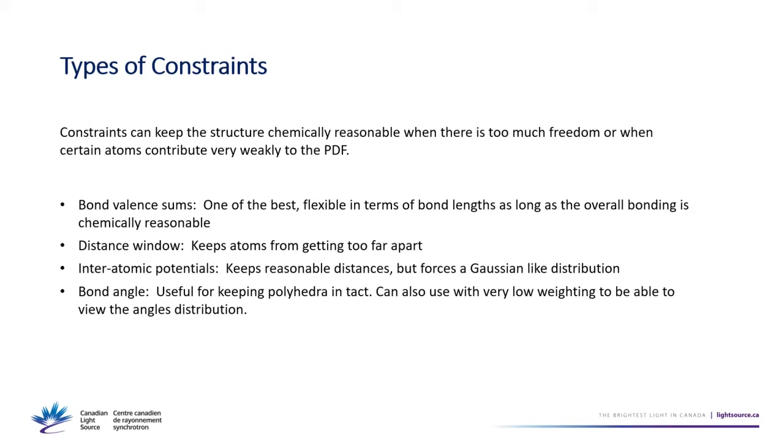One of the best ones is the bond valence sums, and I like this one because it's flexible in terms of the bond lengths. It's not forcing the bonds to be any particular length, but as long as the overall bonding is chemically reasonable, then it's good. You can also set distance windows, which is basically just an addition to the minimum distance constraints that you have to put, where it also has a maximum distance. So any atoms that are close enough to start with can't get further than a certain distance apart. You can also keep interatomic potentials, which basically just is like